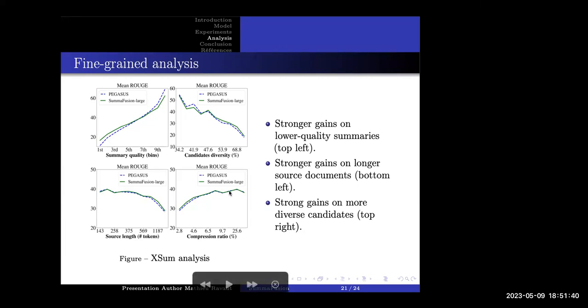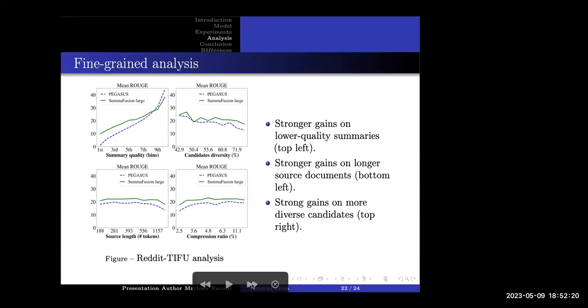And we see a few patterns here. What we notice, and that confirms our previous intuition, is that SummaFusion was helping more in 10-shot and 100-shot, in complicated cases, in cases where you have a bad initial pool of candidates. When the summary quality is lower, it's more noticeably above the baseline. And interestingly, when the summary quality is high, SummaFusion would not help and would actually harm a little bit. We also see a small pattern that it's relatively better on longer source documents and on more diverse candidates,